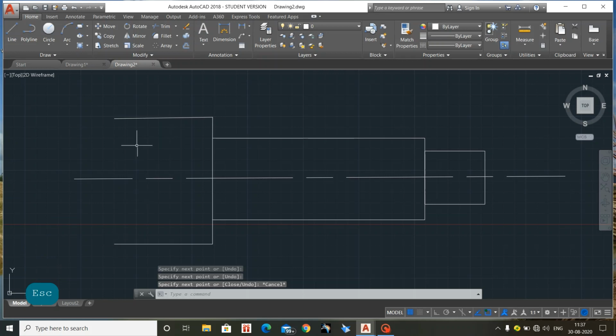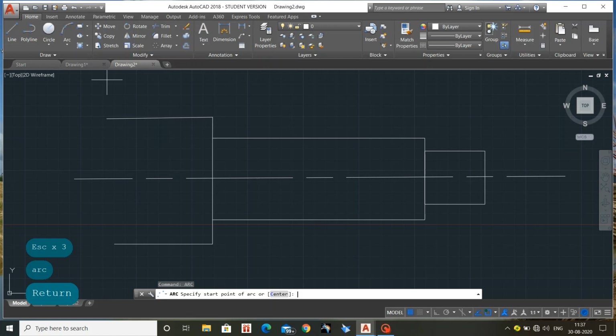So again now, okay, for ending these points, as I have told you, you can use arc or you can use spline. I'm using arc, 3-point arc, and again enter. From here again I use 3-point arc again.